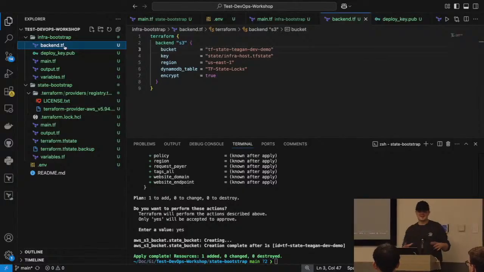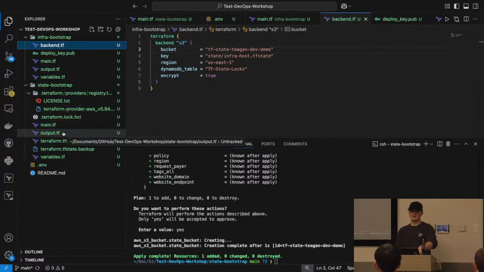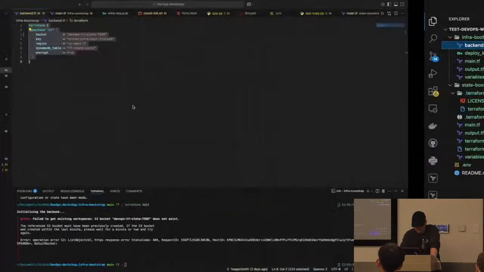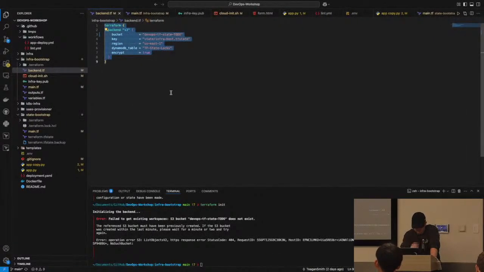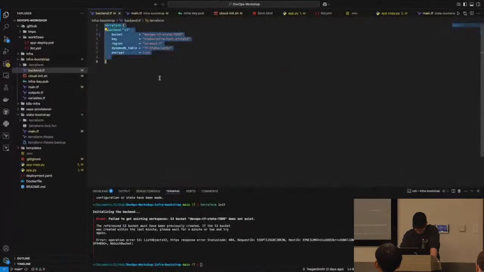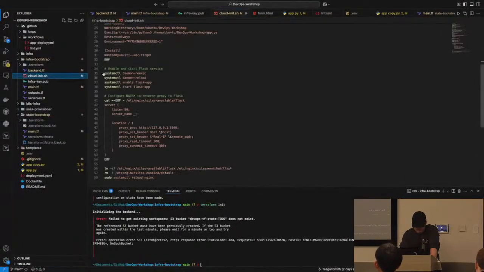So we're basically trying to separate what creates the stuff that holds our infrastructure from our infrastructure itself. You don't want those to become interlapped, because eventually we're going to delete all of this infrastructure, and we don't want that to affect the thing that manages our state. Okay.